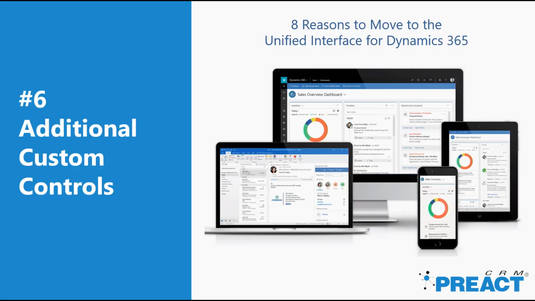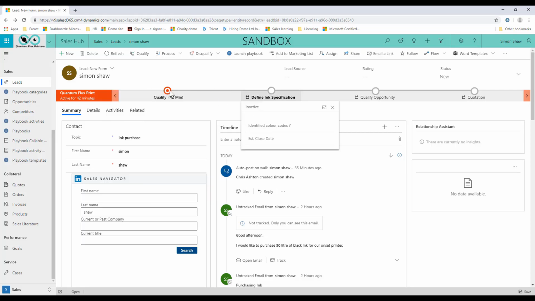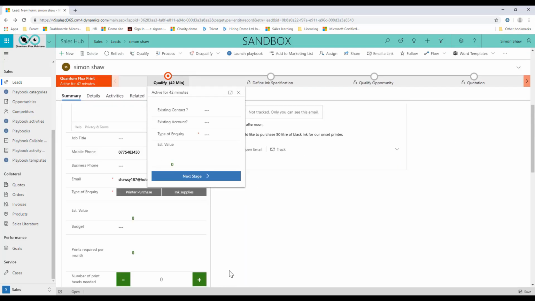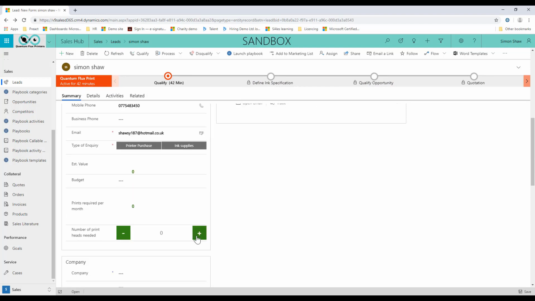So in terms of custom controls, there are a few other custom controls that I'd like to show you. A good one on here is this one. The idea is I can choose what the increment is, and I can very quickly click plus or minus. Really, the best thing about all of these is if your sales guy's on the road and he wants to do something like this on the mobile client, it just makes it really easy to do. So I'm going to quickly bring across my phone again